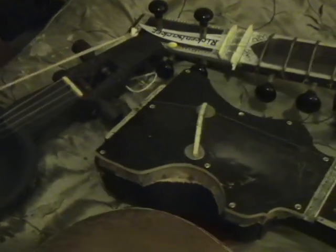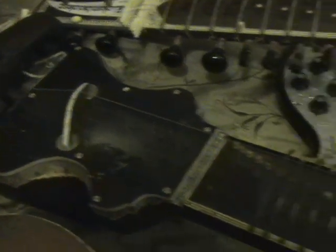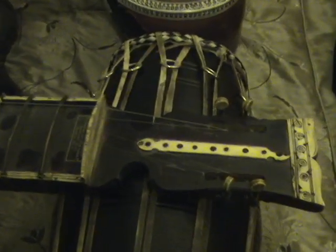And then you hear the second bowed instrument, which is this thing. And this is a dilruba. I'm probably mispronouncing that too. It's from India. And it's not much of a dilruba because